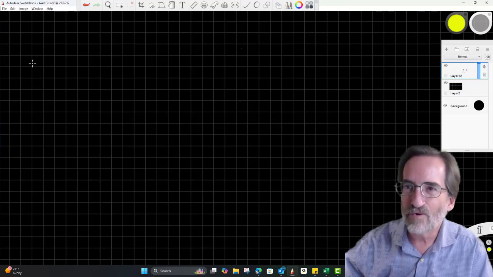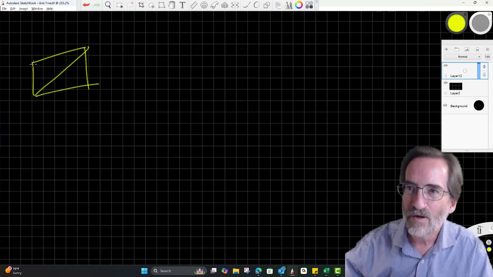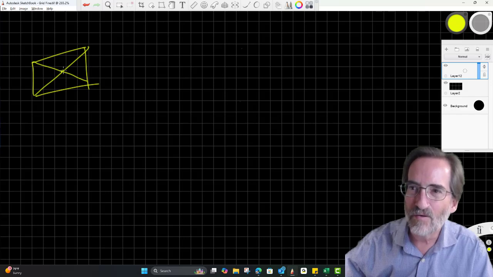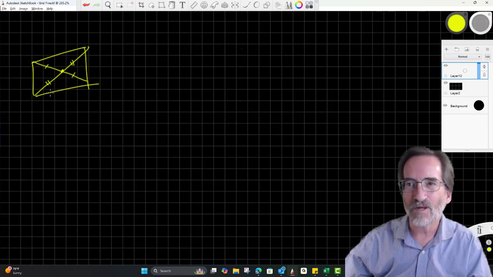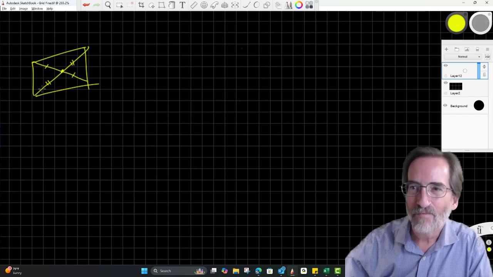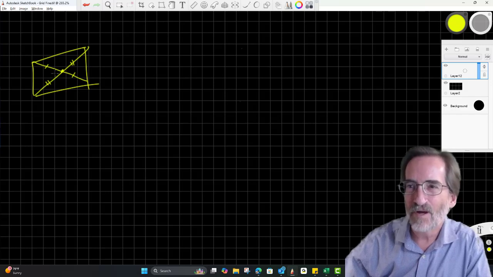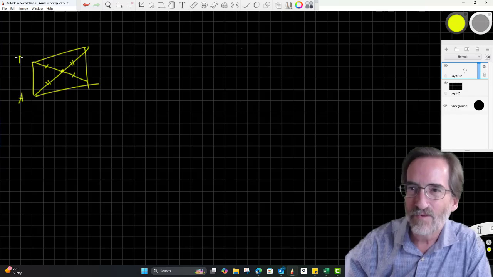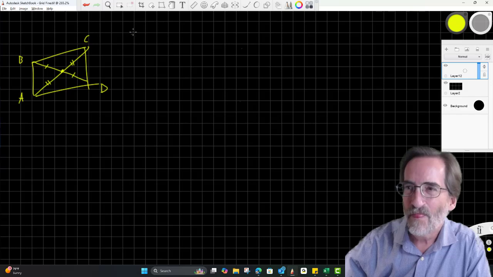We want to prove if we've got a quadrilateral where the diagonals bisect each other, then we've got a parallelogram. Okay? And yeah, I think we can do this. All right, let's label it A, B, C, D. Okay. So prove